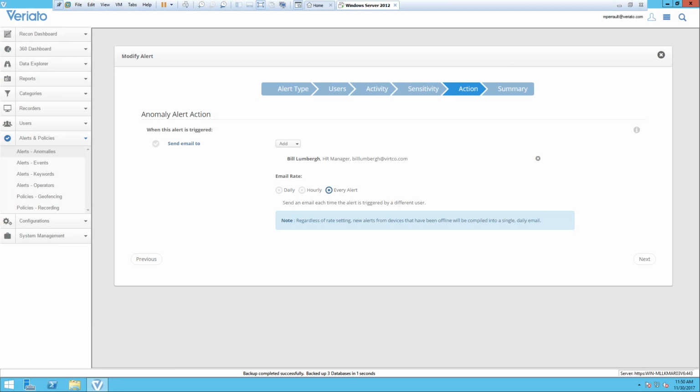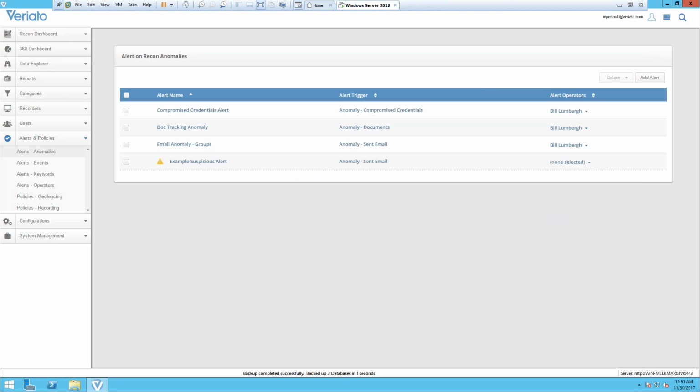This could be Tom's fault, or this could be some sort of insider threat as well. It could be Tom being an insider threat. It could be CryptoLocker, or anything that's compromising his credentials, or him, so that he's doing things that are out of the norm. With CryptoLocker, you're going to see files being copied extremely fast and then being encrypted. You're going to see things being copied from point A to point B. If Tom is accessing things and copying things over a lot quicker than normal, it's probably not Tom doing it. It's probably not humanly possible to copy things at that speed. So we're going to allow you to be alerted on those types of abnormalities in the environment as well.